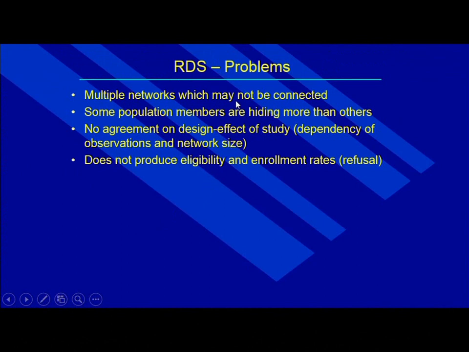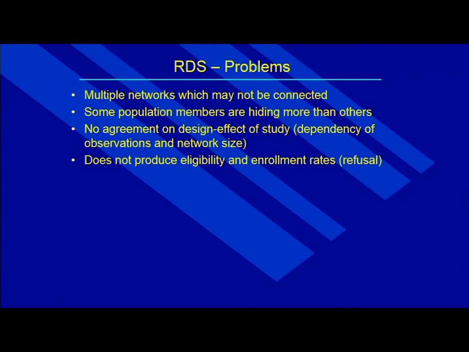So what are problems in RDS? Networks may not be connected. Some population members may be hiding. Some may be hiding more than others. Up to now, there is no good agreement on the design effect. There is also the dependency of observations, because people refer each other, so the observations are not independent as we would require